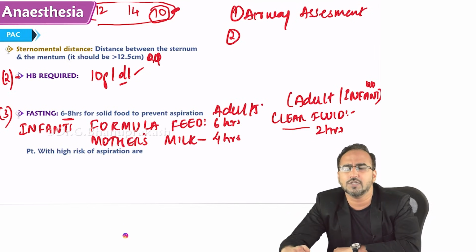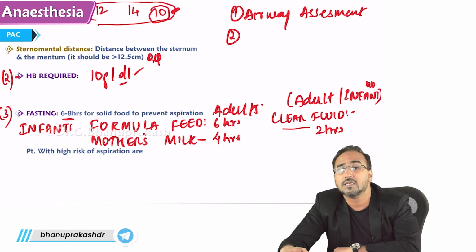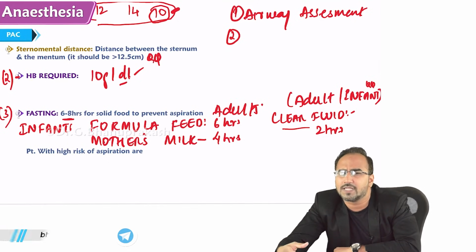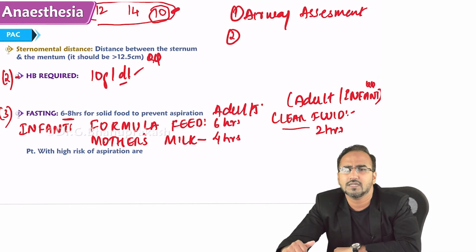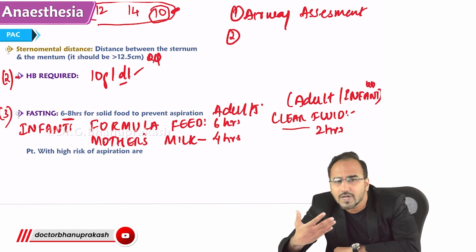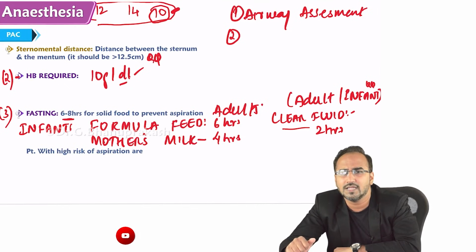The patient will be asking you, sir, you only explained to me, no? There is no risk of aspiration in spinal. Then why don't you take me for surgery? Then you need to explain to the patient that during surgery, if any complications happen, like bleeding or hemorrhage, I should extend the time of surgery. Your surgery was done on spinal, but during surgery if any complications happen,